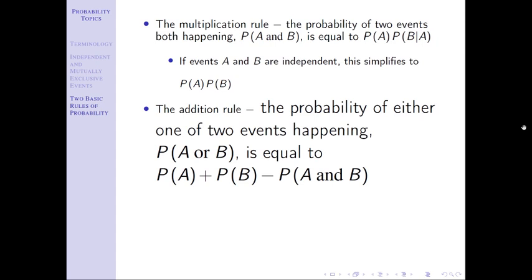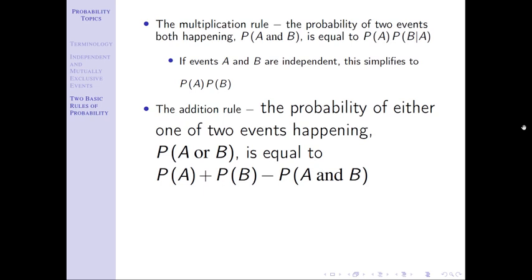All right, what we're saying is the first rule that I have there, again, just for your background knowledge, is if I'm interested in the question, what is the probability that this and this both happen? The addition rule helps us if I'm interested in the question, what is the probability of this or this happening? So any question that asks what's the probability of this or this happening, we turn to the addition rule. Or means add in probability land. And so we add the two probabilities and you say, but why are we subtracting?